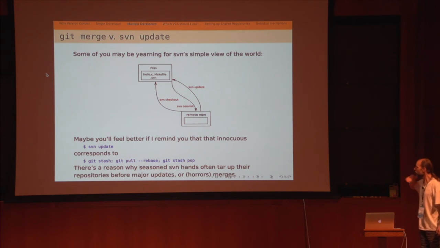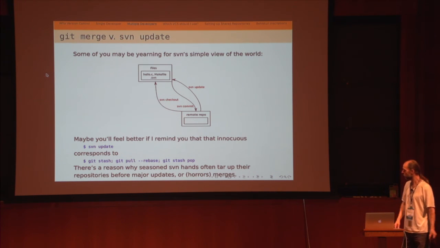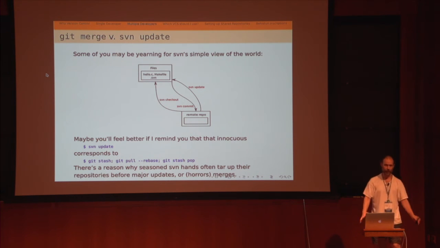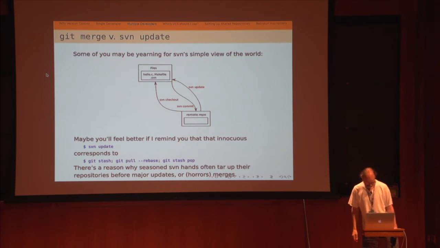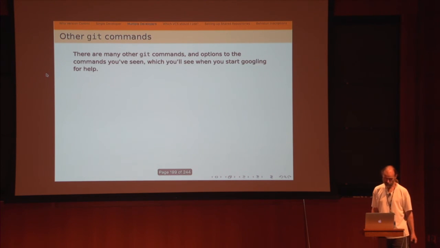And because those things happen under the covers, in the days I used to use CVS, SVN, I always used to tar up my repositories before I did anything serious, because I just knew I would get confused. The advantage of doing this sort of thing using a tool like Git is you have step-by-step control of what's going on. You can back it out piece by piece. So SVN's really not that much easier.